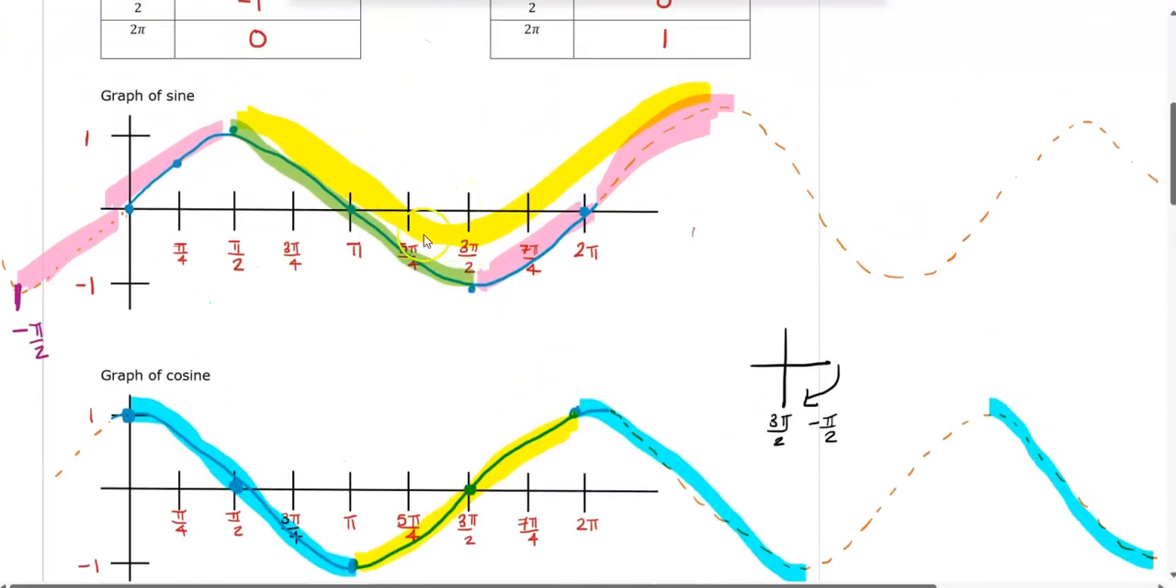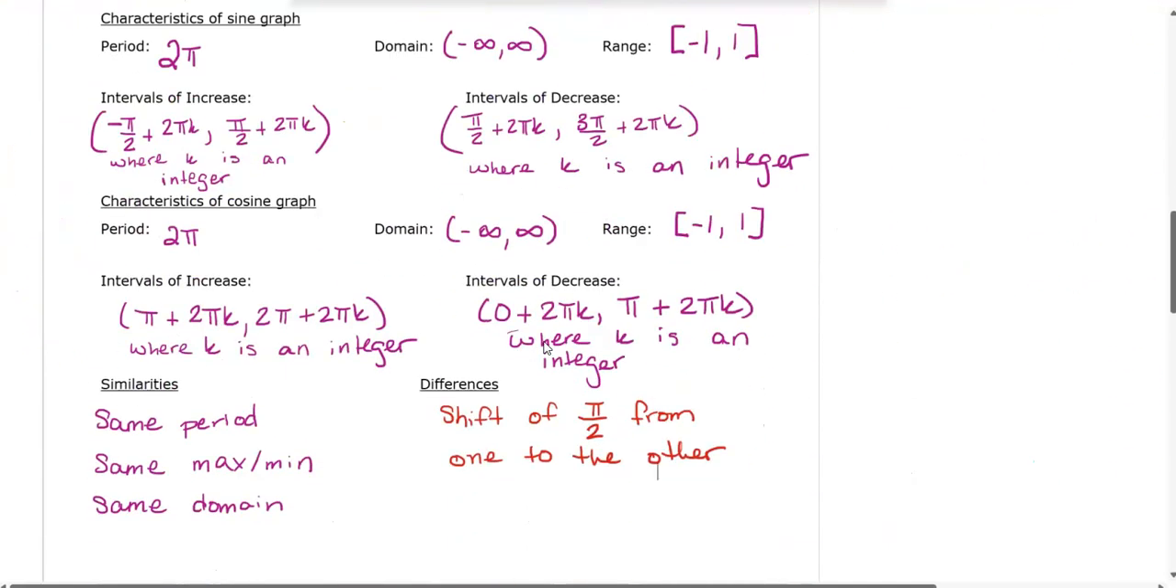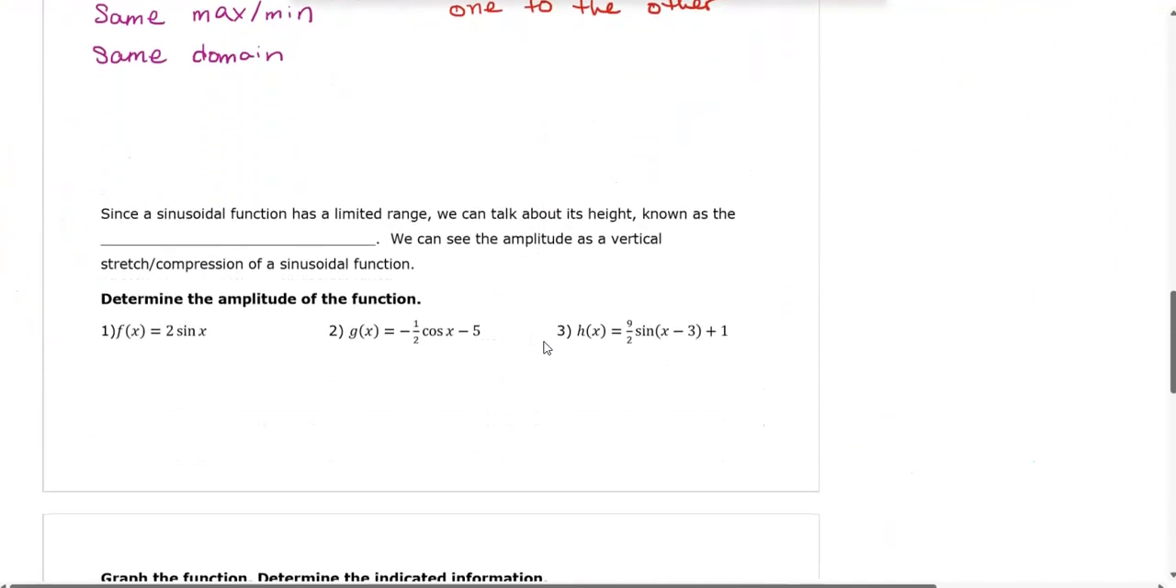So we can see they have the exact same values that we put on the x-axis here, the same y values that we put on here, and it's just moving one to the other from side to side is essentially what you're doing. Okay, so since the sinusoidal function has a limited range, we can talk about its height,